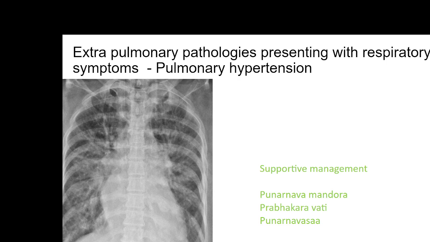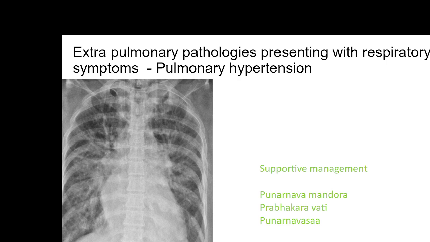Among them, pulmonary hypertension is one. Pulmonary hypertension may be produced due to congestive cardiac failure, or it could be due to vascular pathology, renal pathologies, and so on. So, in a patient where the circulatory pressure in the lung is more, or it could be due to primary cardiac pathology, like valvular defects and so on. In such conditions, the treatment has to be according to the cause. So, a patient of pulmonary hypertension has to be diagnosed properly, and whatever the possible mechanical treatment required has to be done. So, I would not go into that.